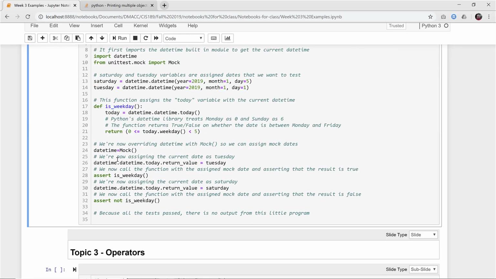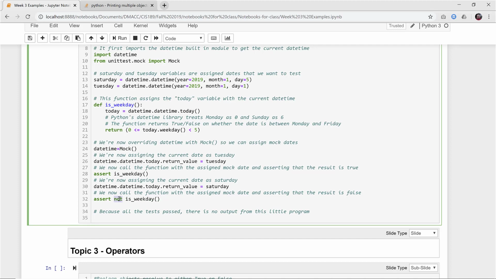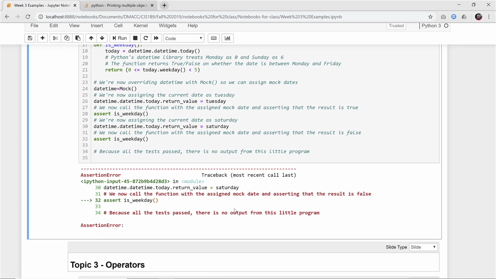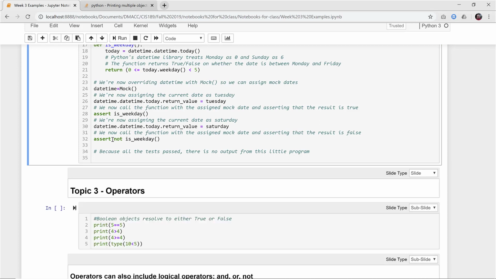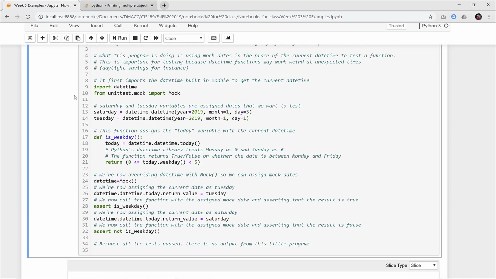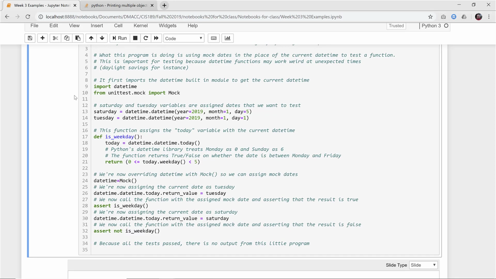But if I go ahead and say assert is_weekday on the second one, we know it'll fail, and you can see I got an assertion error. So that means something has gone wrong. In this case, I'm going to change it back to not and run it again. You can see that everything ran fine. So I have now tested my function in the two reasonable scenarios, one which returns true and one which returns false. Again, this is a little more complex than what we've been doing, but I think it's worth understanding that you can use mock for something